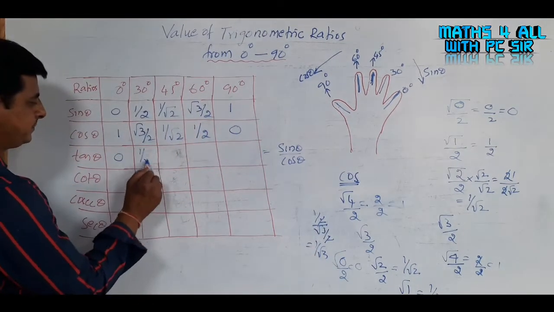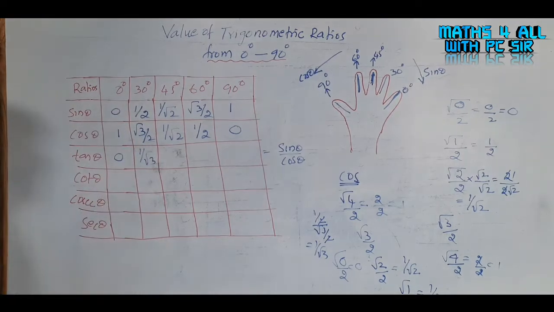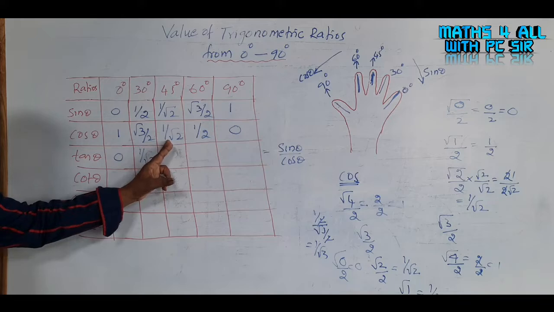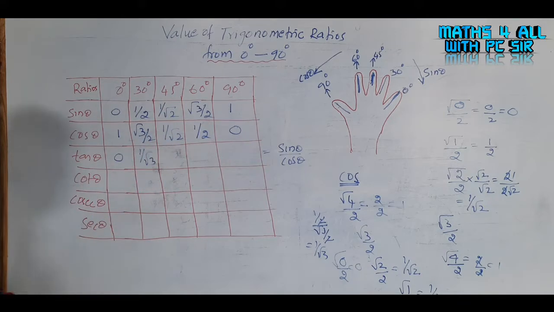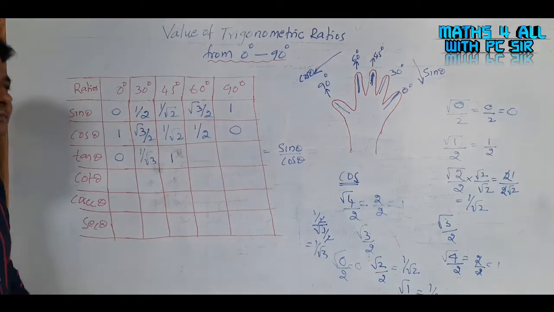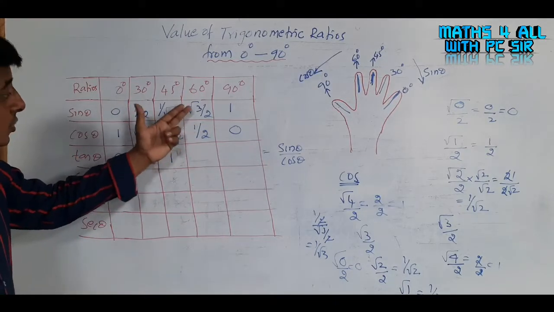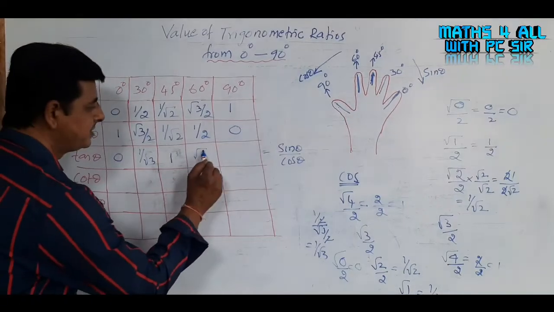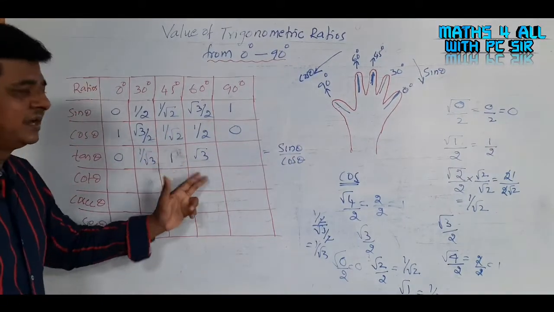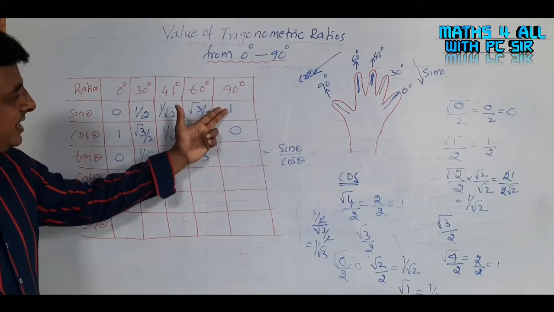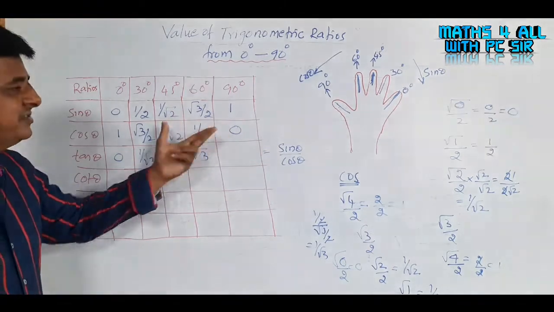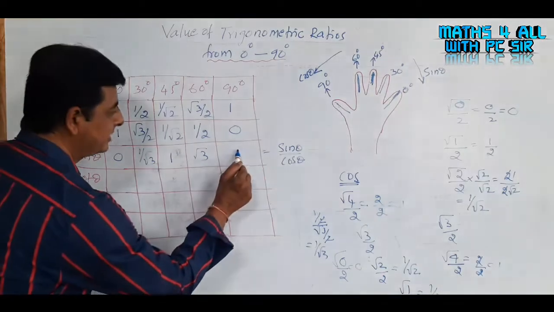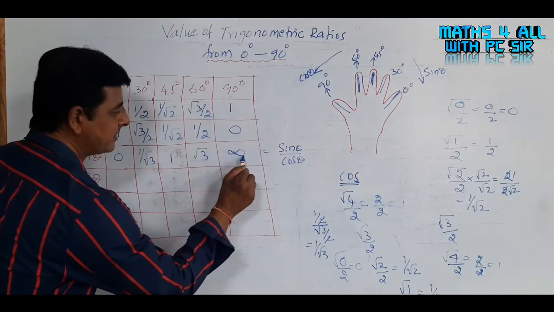That is tan 30. Tan 45: sin 45 divided by cos 45. 1 by root 2 divided by 1 by root 2. Simply you are getting 1 only. As well as tan 60: root 3 by 2 divided by 1 by 2. Okay, 2 cancel. What is remaining? Root 3. And tan 90: sin 90 divided by cos 90. 1 by 0. What is 1 by 0? You can't define, undefined. Simply I am taking that as infinity.